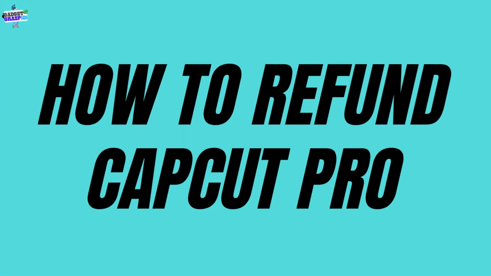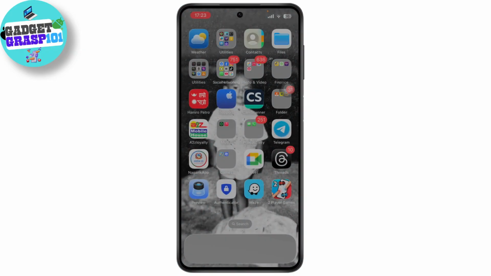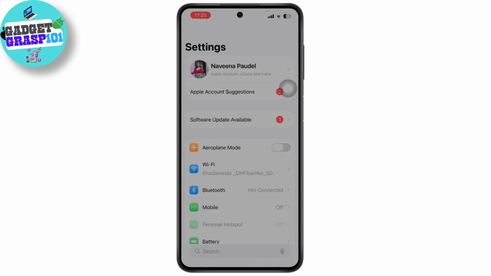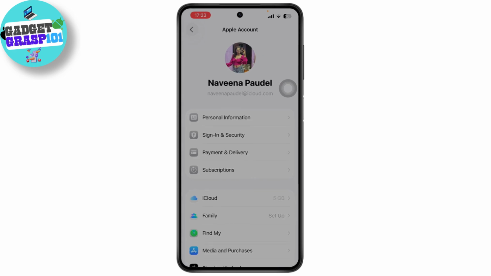How to refund CapCut Pro. So if you want to refund CapCut Pro, then what you need to do is first simply open up your settings. After opening your settings, you need to tap on your name, and from the name you need to scroll down,